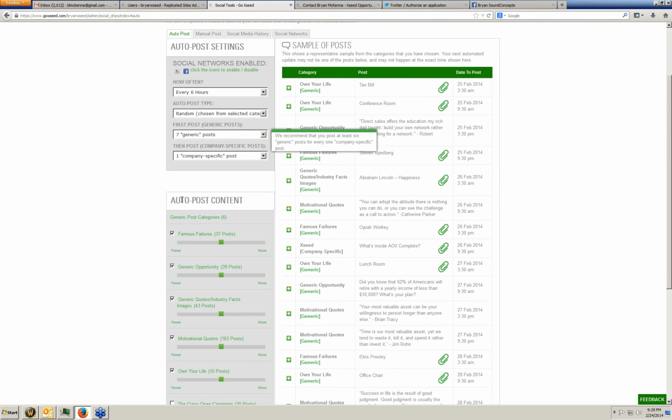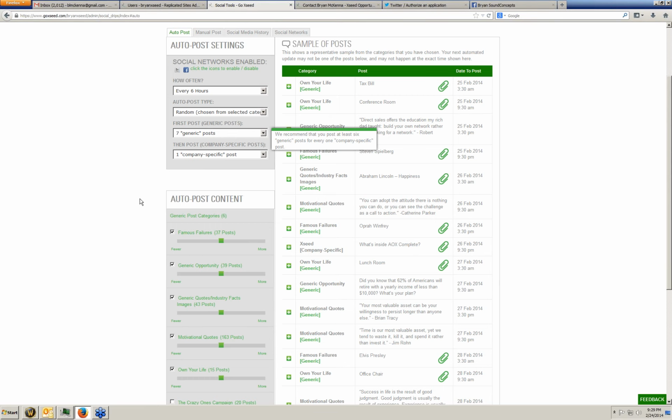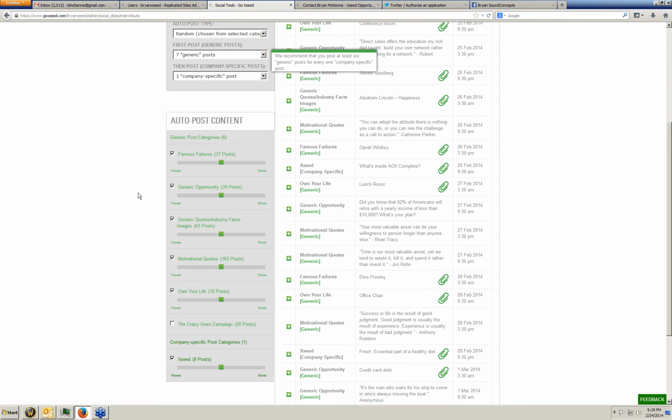The next thing we're going to look at in this list is the actual auto post content, or the categories that this application is going to be pulling your posts from. As you can see, we've got some famous failure categories. We've got generic opportunities, generic quotes and industry facts and images, motivational quotes, Own Your Life, which is basically